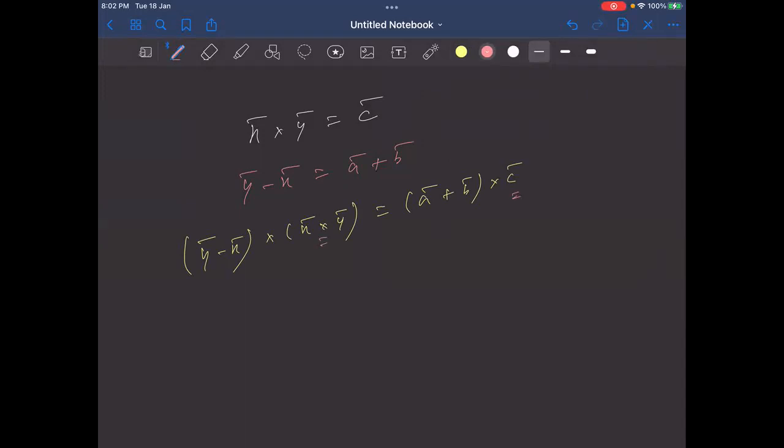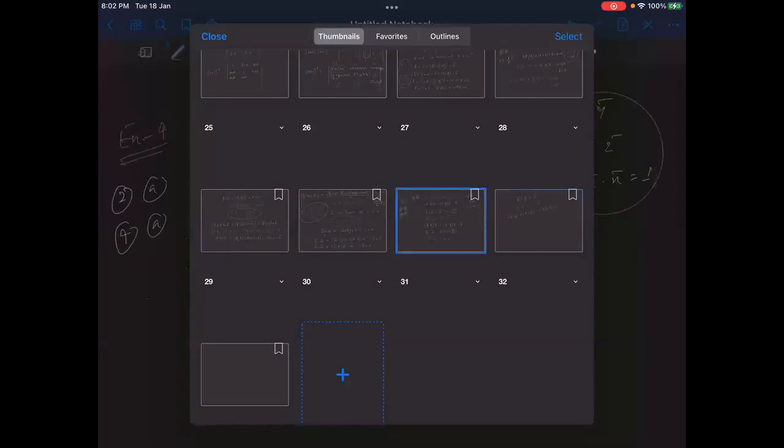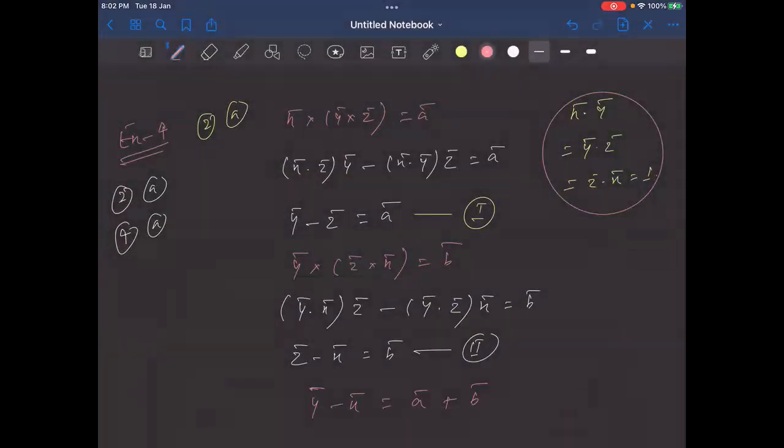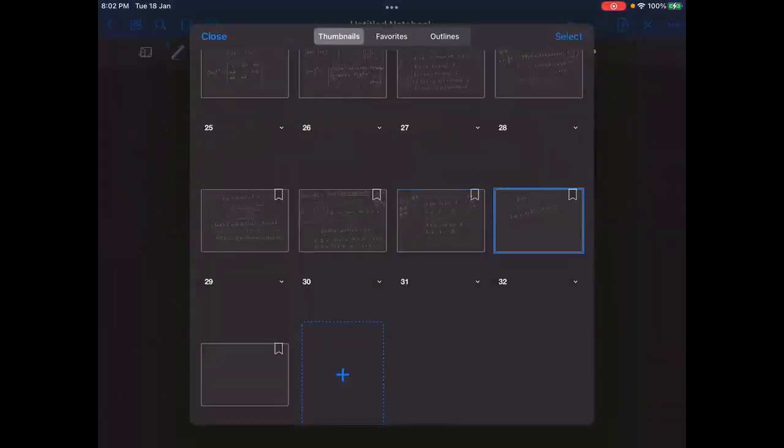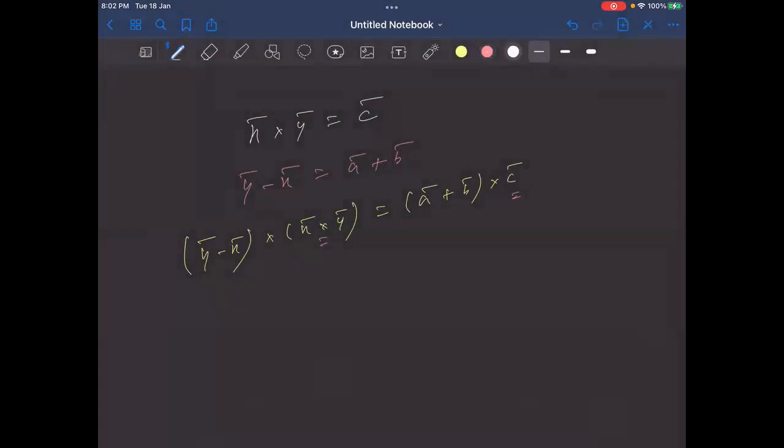सही है, स्टेप बोलो. Is it correct? Whatever I have done, is it correct? Yes. y minus x था कि y plus x था? ये y minus x था, ठीक है. अब देखो, now just see this, what is the first term we are getting, y cross